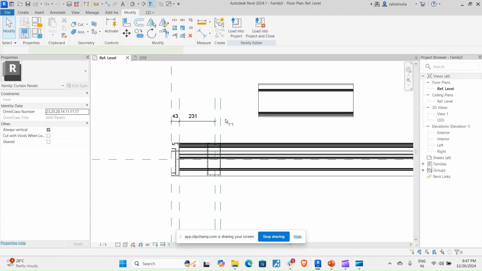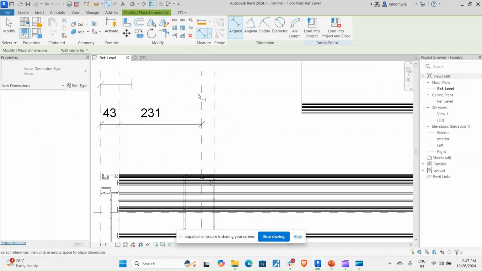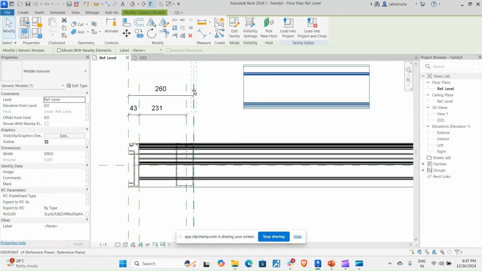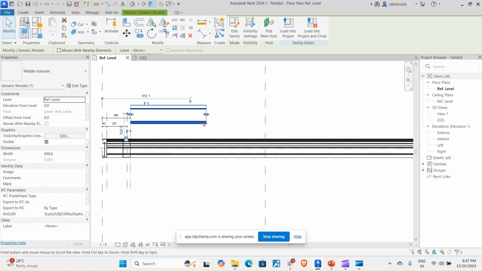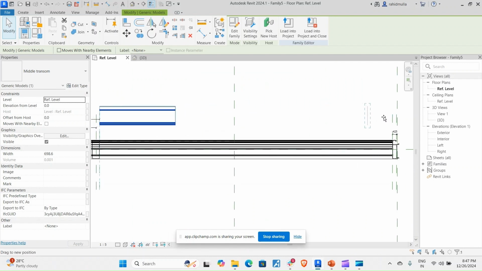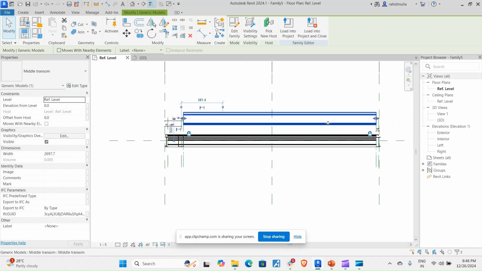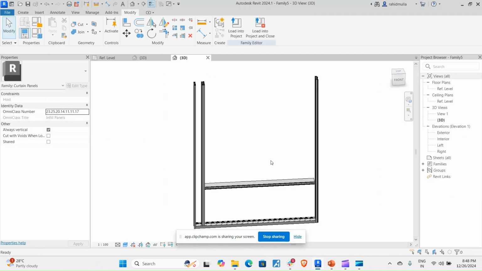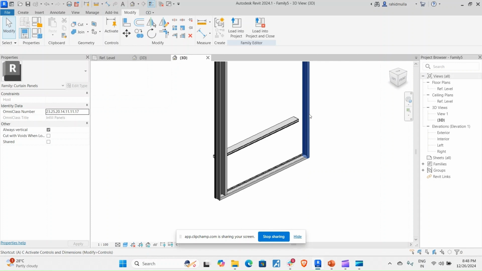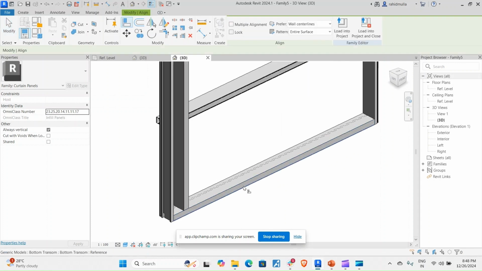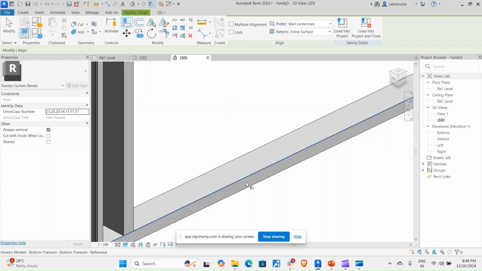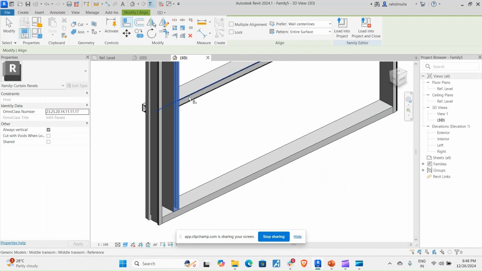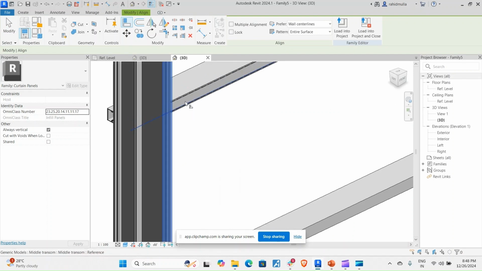and then I will take this reference plane, and I will say that it has to be at a distance of 260. Okay, let me lock this over there, and then it will be locked here. Once I do that, it's time for me to go and check in 3D where exactly these middle transforms are. Okay, so here we will press AL,